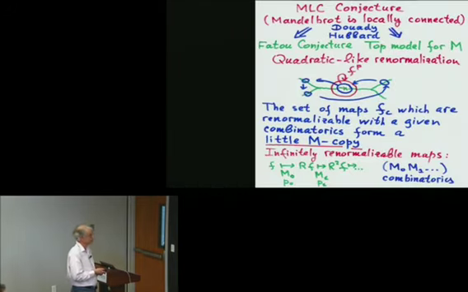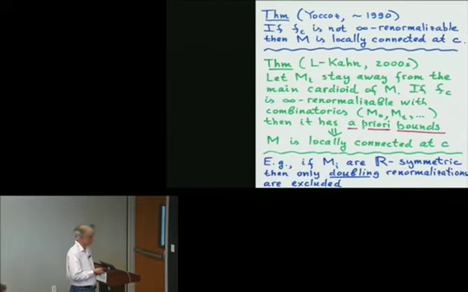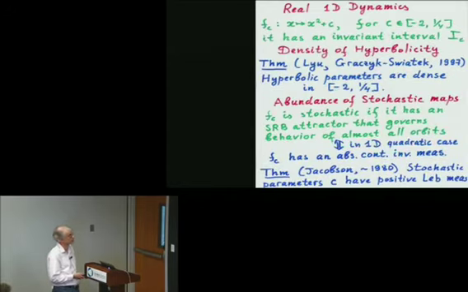And this statement brings us to the real line. Let me tell you now what happened on the real line. We have now discussed this complex quadratic family, and I gave you some idea of one of the main conjectures for the complex quadratic family and where they stand at the moment. So now let us go to the real quadratic family. In the real case, the situation is nearly complete. At least for the real quadratic family, it should be considered to be complete.